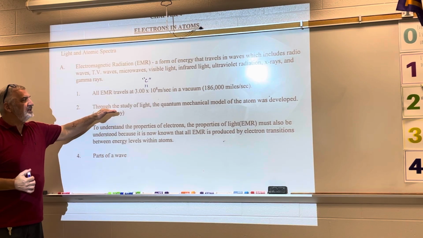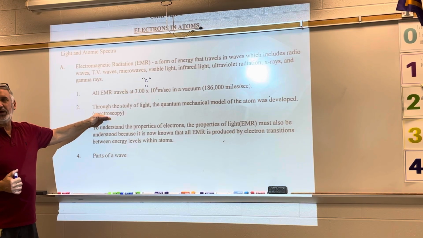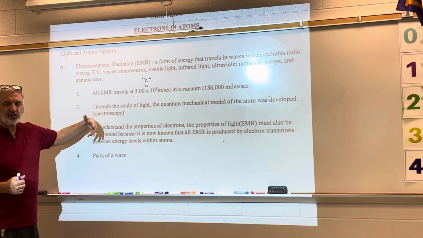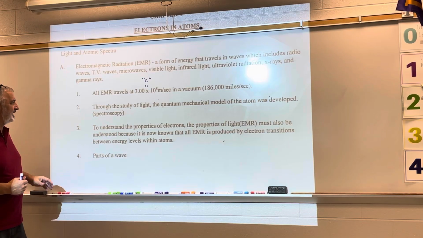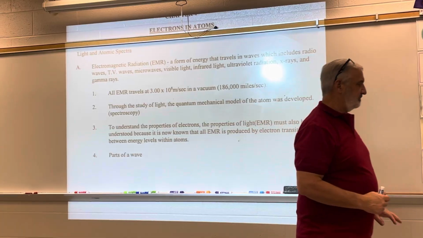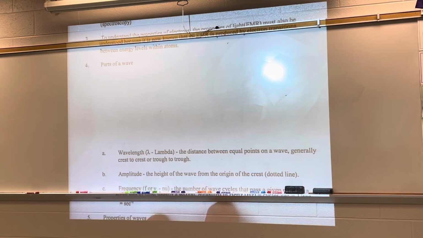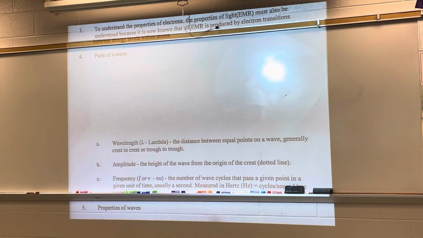So in our study of light, we're going to understand the quantum mechanical model. This quantum, we're going to learn what the word quantum means, why it's called the quantum mechanical model, all of that. But the first thing that we're going to do today is we're going to look at light, electromagnetic radiation. Now you may already know some of these things, but if we look at a wave,